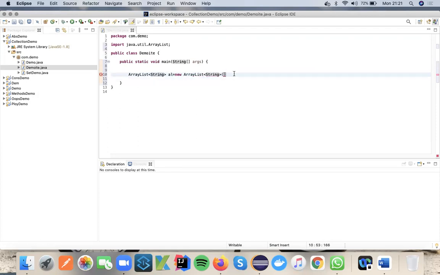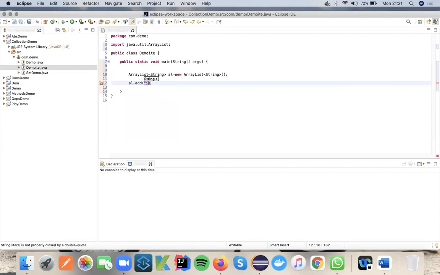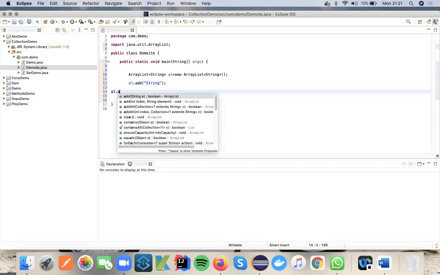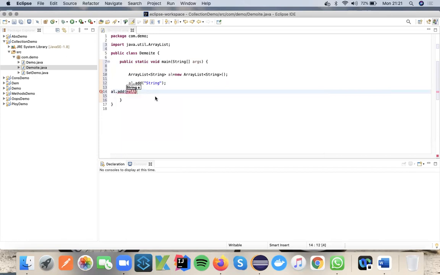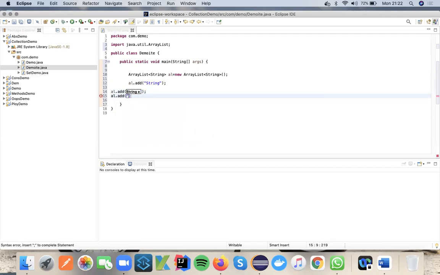Let's suppose I have multiple elements: al.add neon, al.add money, al.add money, al.add receipt.